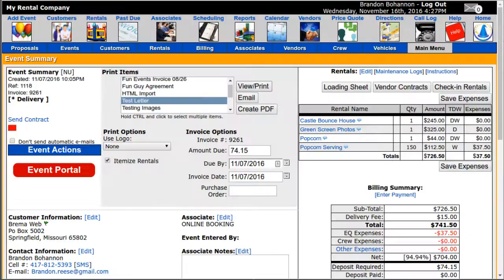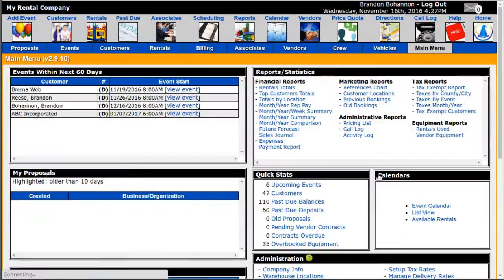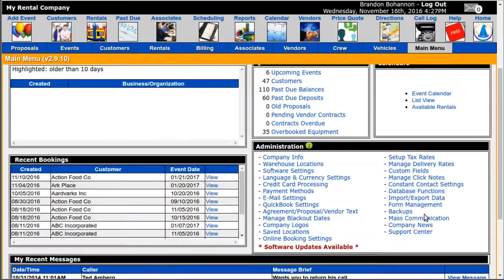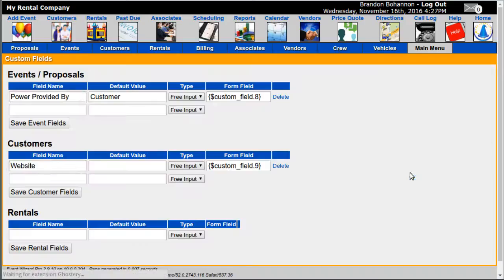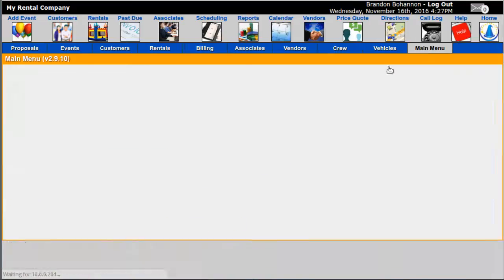So that is basically it for the custom fields. Like I said, we're going to be adding some different types of fields here where you can do larger input fields or drop down boxes and things like that. Other than that, that is it for the custom